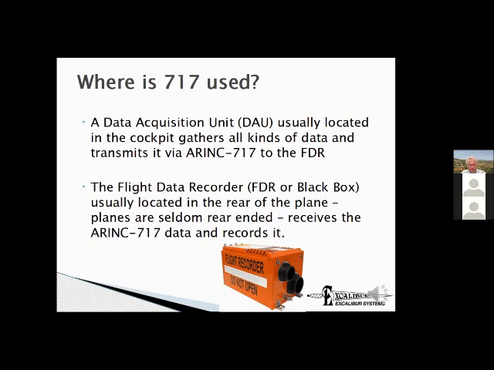The reason is because planes don't get rear-ended a lot, and therefore it's the safest part of the plane. The tendency is if planes are going to crash, they're going to do it from the front. Okay, and the black box you want to survive, apparently more than the passengers, so you put that one all the way in the back. The reason that it's orange is because by the time you're looking for it, it's hard to find. So they want it to be a bright